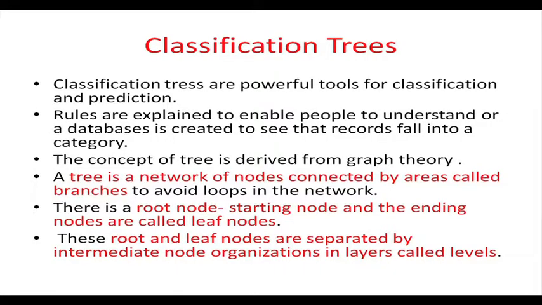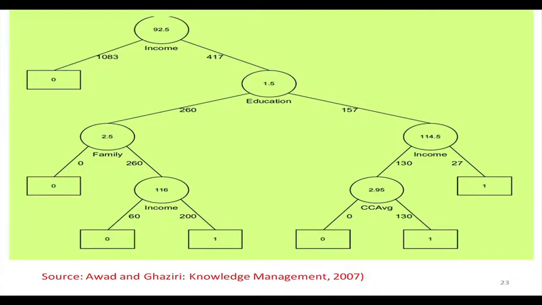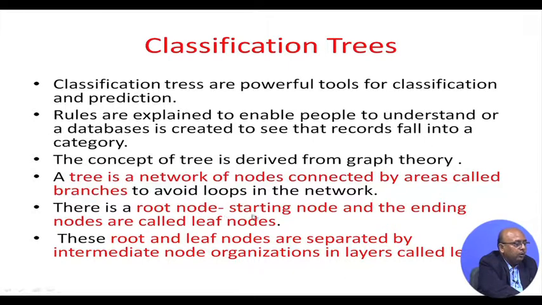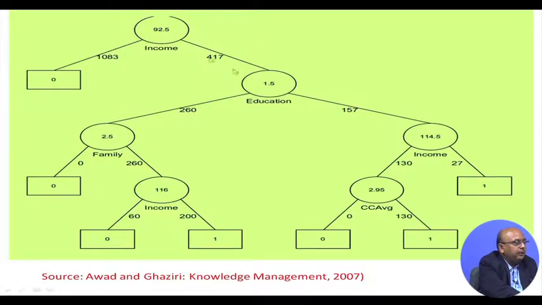So, you can have different layers. Now, if you look at this example, you can see this is layer 1, this is layer 2, this is layer 3 and this is layer 4, right, and there are different variables. Based on that you are going to take certain decisions. The average income is one variable, 0 or 1.4, so you go for this. Then education, whether it is 2.5 or this. So, there are certain variables based on that, and then we are going to look at the other variable, family, what is the family income, and what is the average income, and based on that what you are going to do. See, this is a tree that we have formed, with the root node, the starting node, and the ending node.